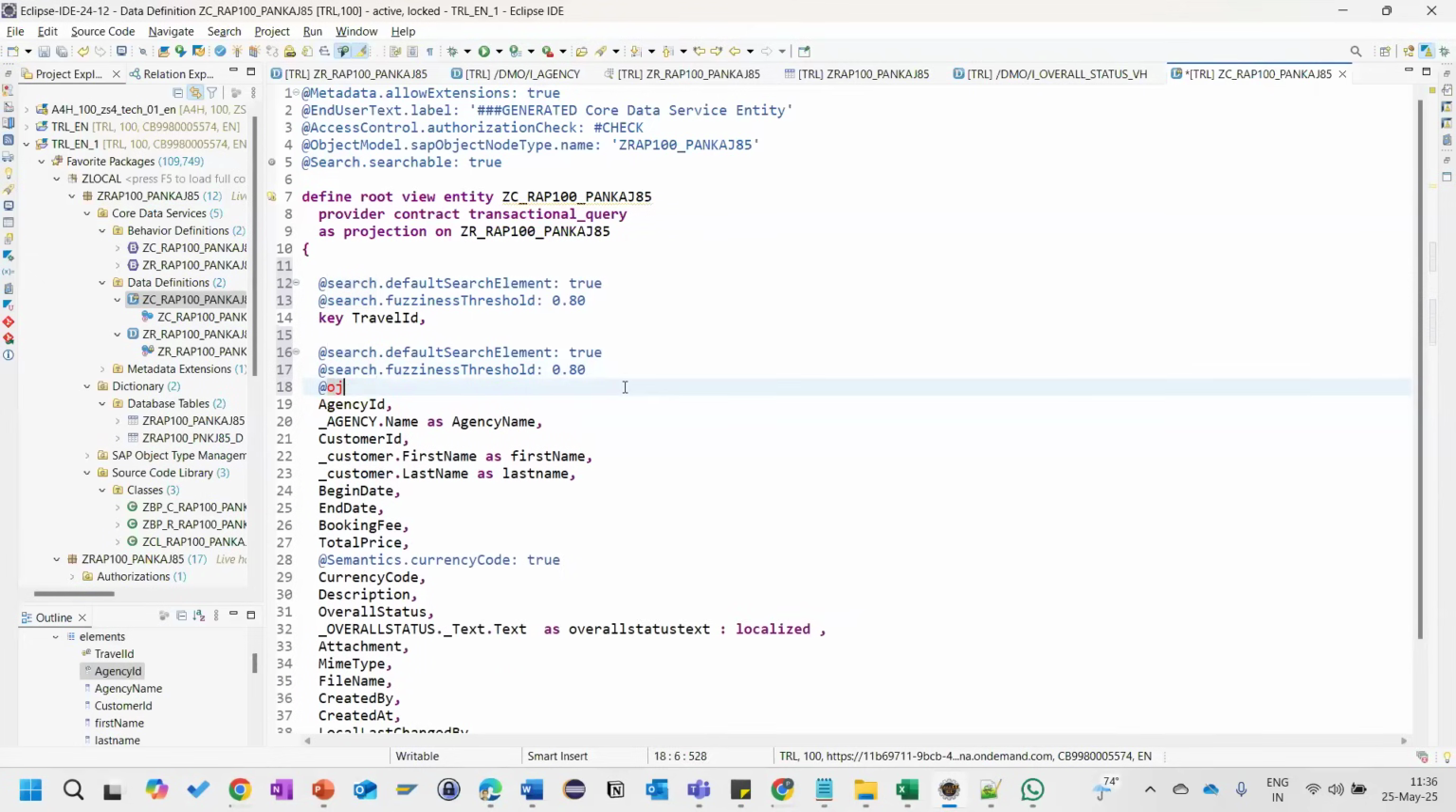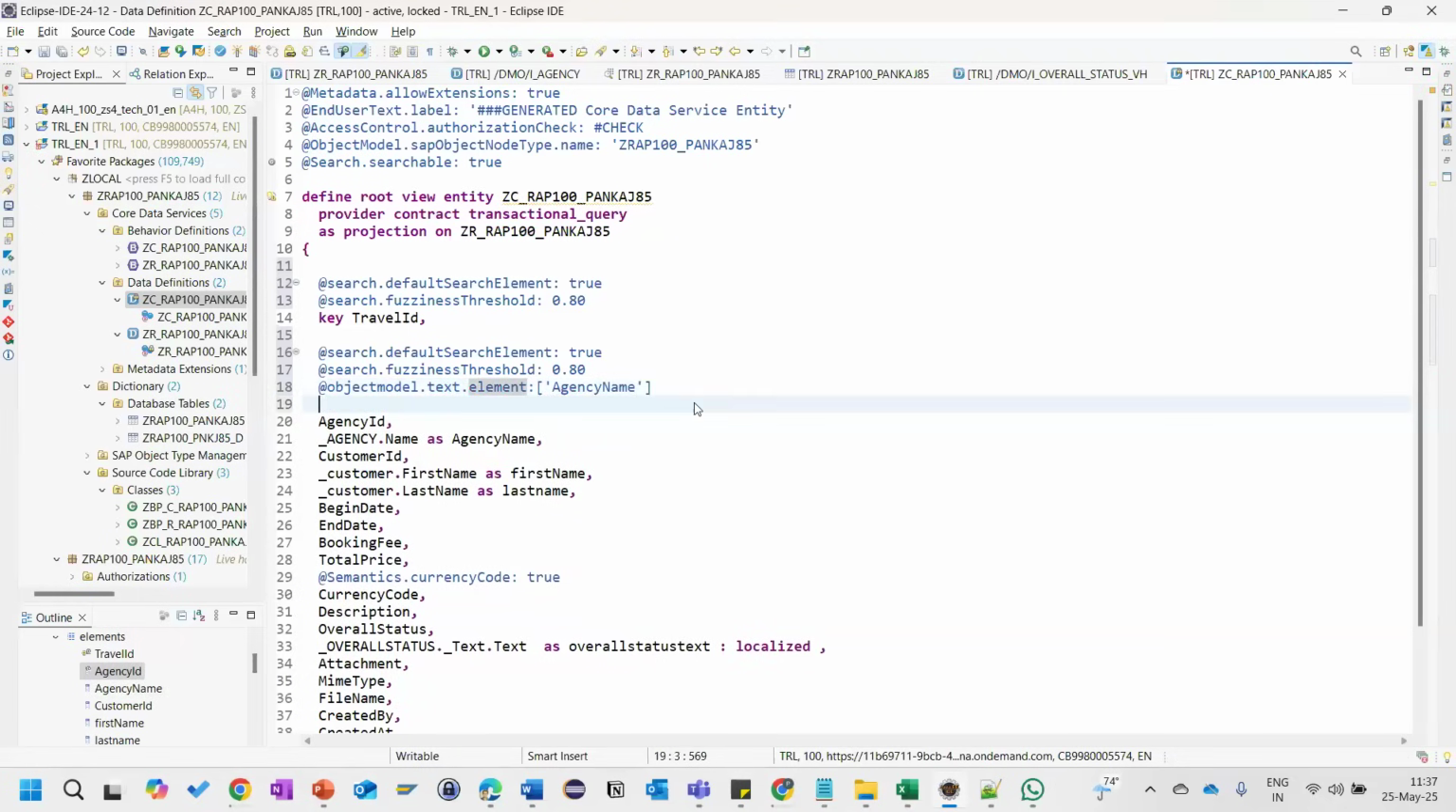At the rate object model dot text dot element, the corresponding field name basically which we are going to give. So instead of agency id, which particular field you want to display, that is the meaning of this one. So for this I want to display this agency name, so you can copy this one and paste it here. And then from which association it should display the value, so for that you have